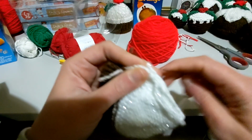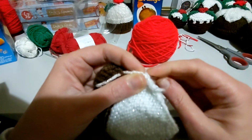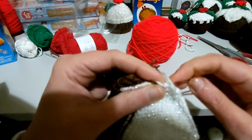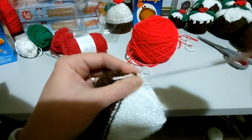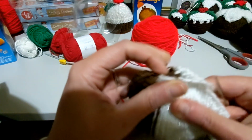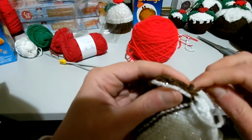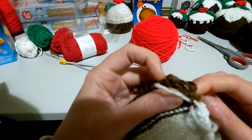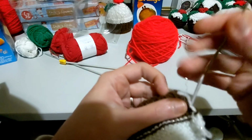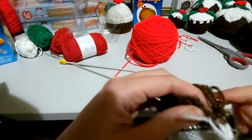So I'm just going through these stitches right now like they're nothing. I'm doing a basic cast over stitch, sewing it so the stitches are all on the inside. Don't forget that thread's there, that brown thread that is loose. You can either use that for sewing up, or you can very carefully pick up the end stitches,